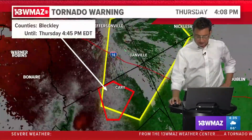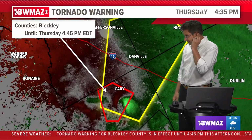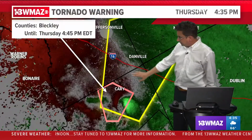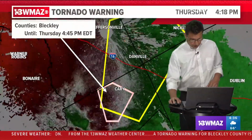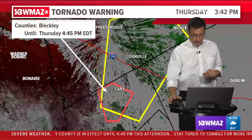All right, so that looks interesting. It looks like we're going now with a severe thunderstorm warning. Interesting, as we still have some rotation here in northern Bleckley County. So this is going to take over as a severe thunderstorm warning. Let me read here. Severe thunderstorm warning, that's what I figured. Tornado possible. So now what we're doing is